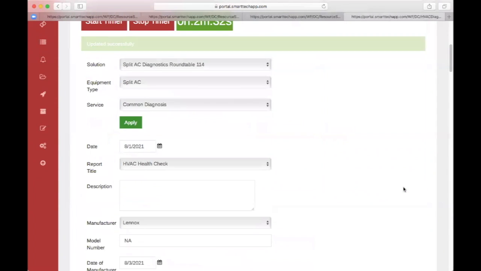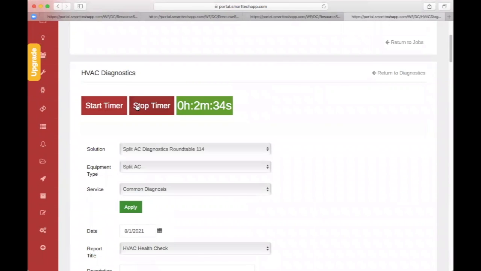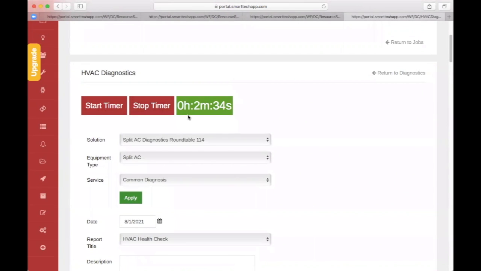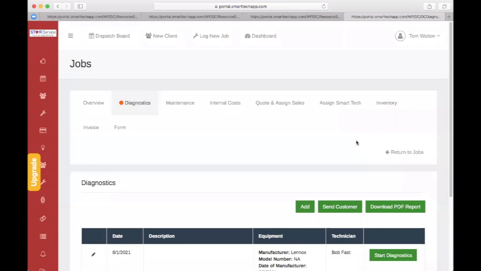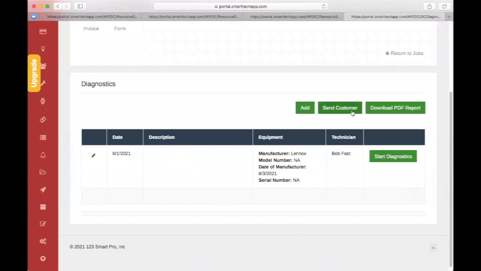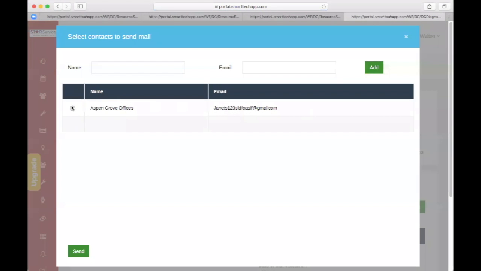And then you can come up here and stop the timer. Of course, you're not going to get a diagnostics done in 2 minutes. It's going to be more like an hour or an hour and a half or whatever it is, 45 minutes. But once you do that, you can return to the diagnostics and it's been done. You can now send it to your customer, click send. Right now, it's going to send it to that email address. But if you wanted to send it to your technician, or to your service manager, you can add right here, service manager,